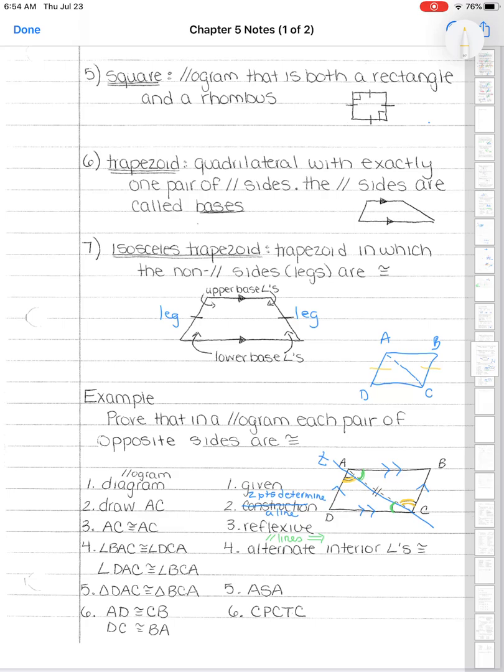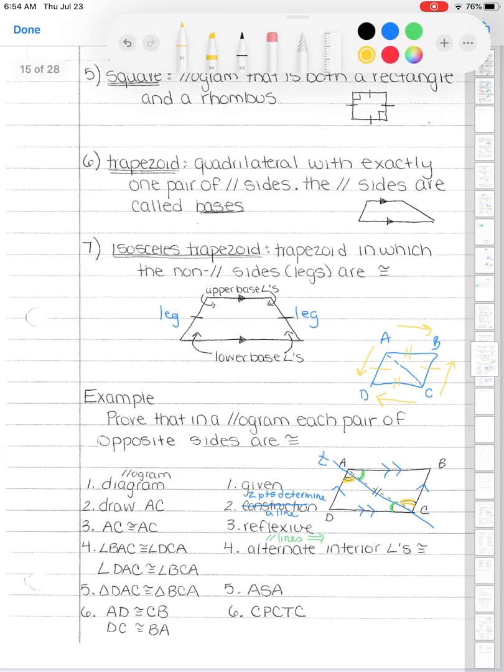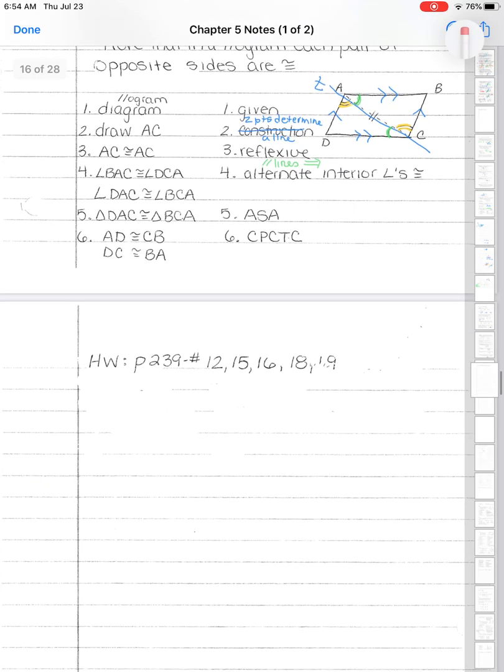So both the bottom triangle and the top triangle are now congruent. We have two angles and we have AC in the middle. So they're both congruent by angle side angle. Therefore, by CPCTC, we can say that AD is congruent to CB. Order is very important here, so be careful. Don't just label them because they're going in the same direction. If you're going from A to D, that means